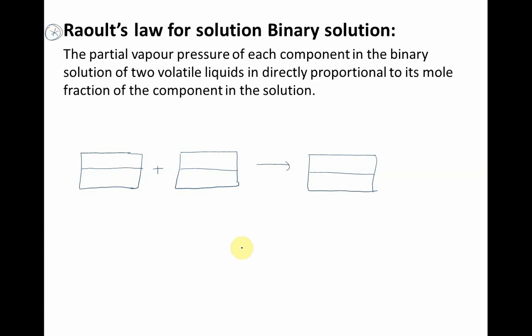Coming to the next concept, which is very, very important for class 12 examination, that is Raoult's law of binary solution. Binary solution means it is a two-component mixture. Consider a liquid A and this is liquid B. Both are volatile in nature. This is volatile liquid A and this is also volatile liquid B. So these are the A molecules, and these are the molecules which are present in vapor state. B liquid molecules, and these are the B molecules present in vapor phase.